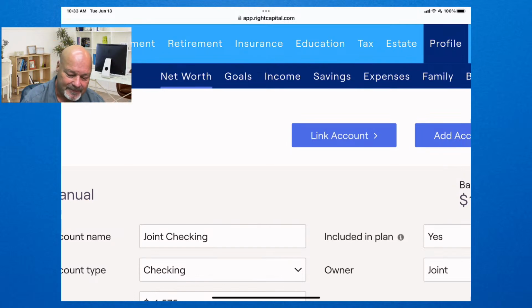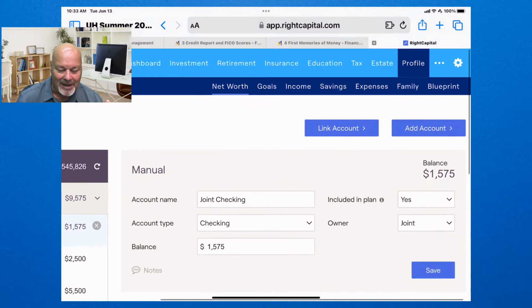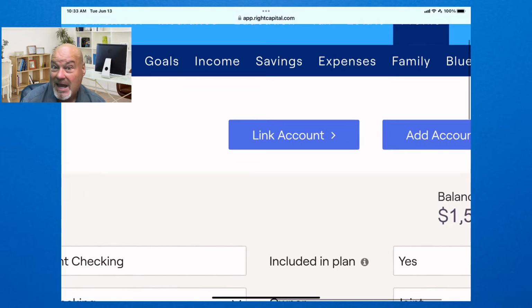So here's the thing, Bayrock and Right Capital, our tool is almost identical to mint.com in terms of the functionality, the security, and what it can do. The only difference is you don't get any marketing. Nobody's going to try to sell you something. But again, I'm not trying to sell you on this. I just want you to know it's available if you want to take advantage of it.